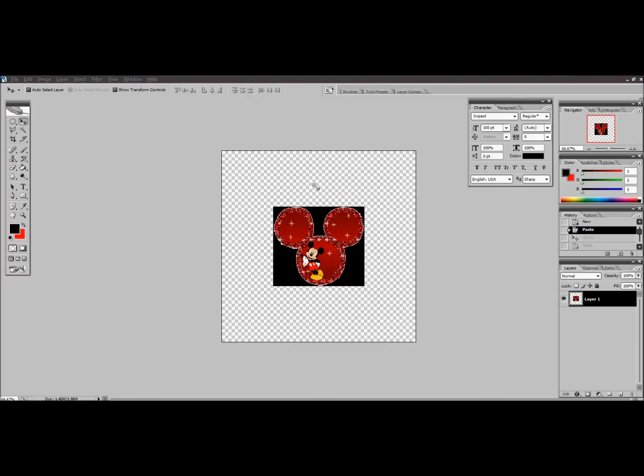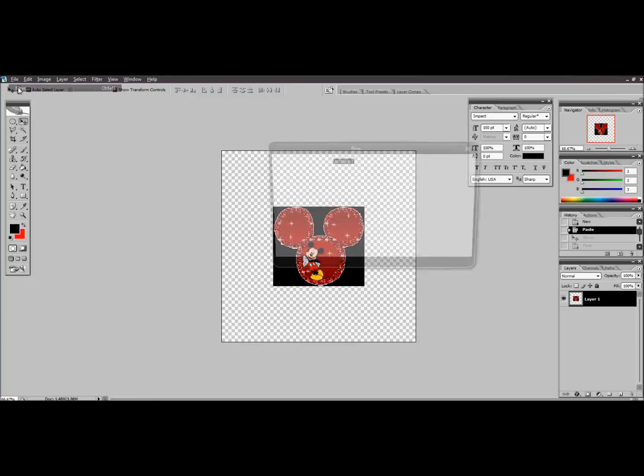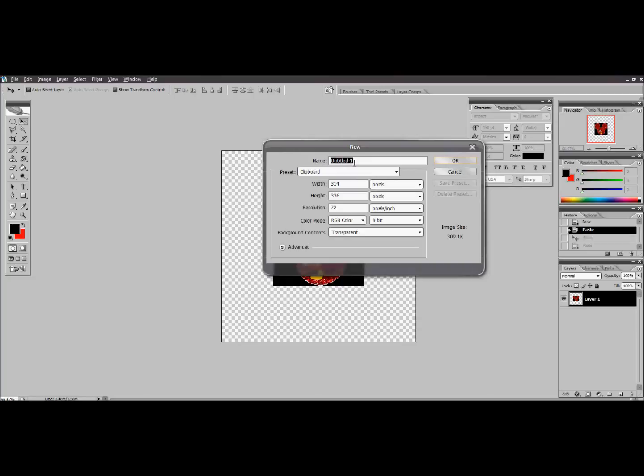So here we are in the Clone Tool bonus, and what I want you to do for this assignment is merge two pictures together using the Clone Tool. So the first thing that you should do is come up to File and create a new document. You can give it a title, Bonus 2, Bonus Clone,